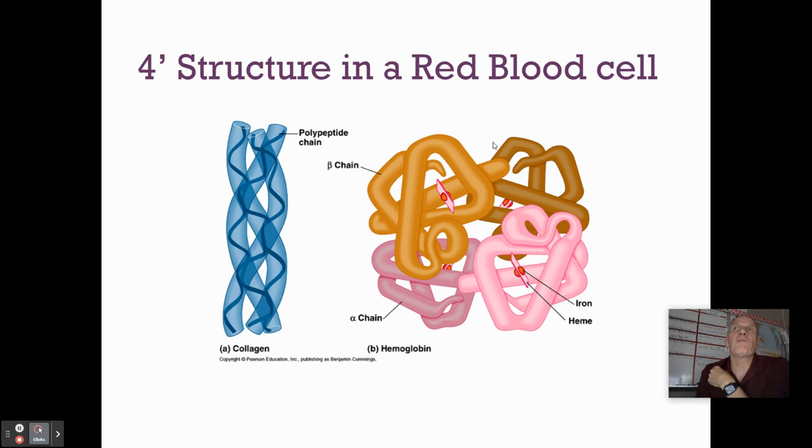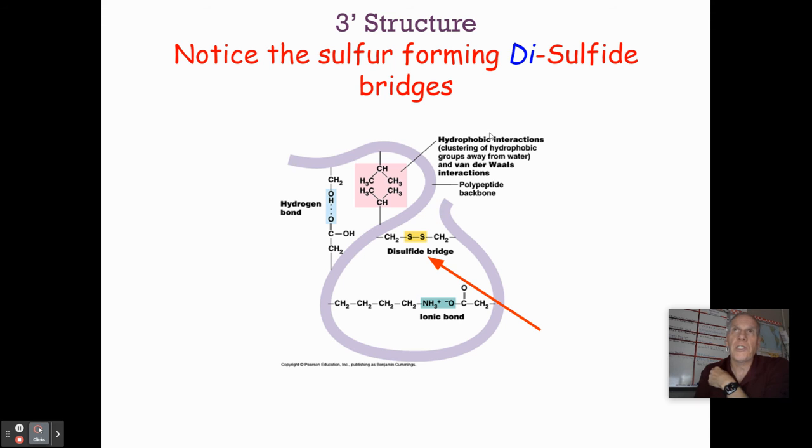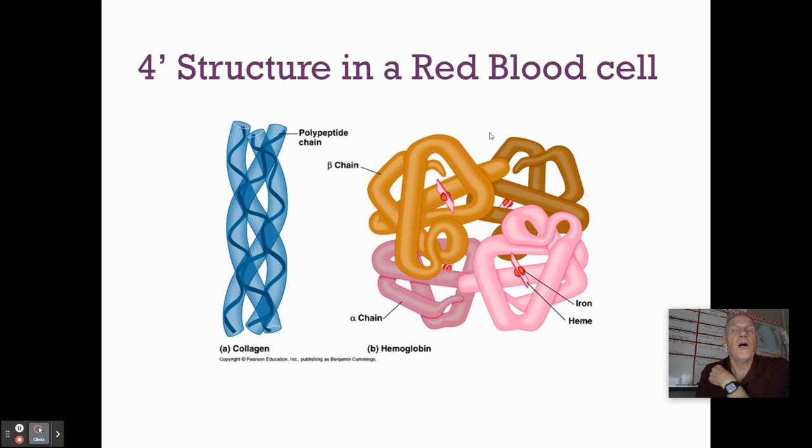The fourth and final level of protein structure is not found in all proteins. Sometimes proteins will only go to the tertiary structure or third level, and it's going to be a functioning protein. Other proteins are much more complex, and they're the result of multiple polypeptides. What's a polypeptide? It's just multiple amino acids coming together. It's a primary sequence, okay? So it's multiple proteins coming together to form a more complex protein. So here we have three proteins coming together to form collagen. Hemoglobin, which carries oxygen in your blood, is a result of four different proteins coming together.